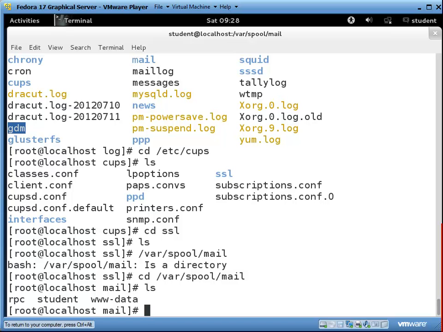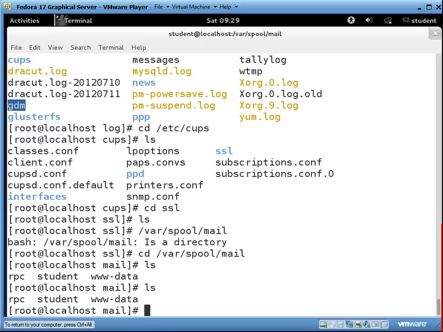MySQL is a really big deal, used for most websites. It is probably what you will use for a lot of your email servers too, unless your company has bought an enterprise edition from Oracle where it has built-in connection with the mail servers, and the company pays like $200,000 for the setup or whatever, and then it would include the mail server. You'd have to set it up though. It'd be SendMail. If you're using Oracle, they use SendMail. IBM uses Postfix, which I definitely prefer because it doesn't have the problems that SendMail does. SendMail is not as secure and not as fast, and other things too. But anyways,